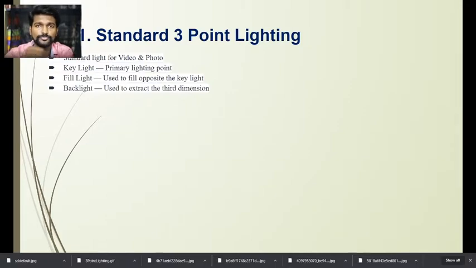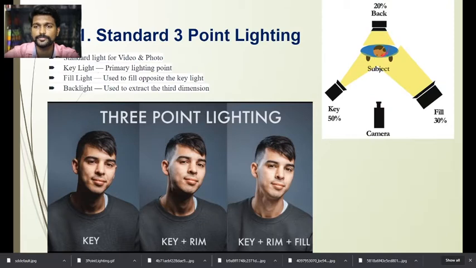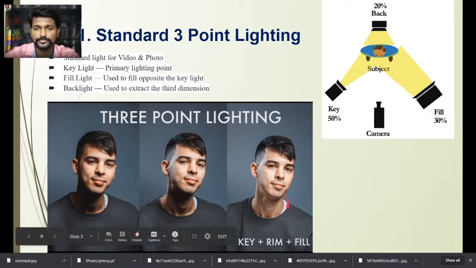Okay, I'll show you a few example images. This is the first image. You can see this is a key light. The key light is called the primary light, which comes with more output compared to the fill light. I'll show you one more example for explaining key light, fill light, and rim light. See here, this is the best example which you can understand very easily. This is a key light, whereas the key light is about 50%. This is the key light output, and this is the fill light at 30%. It fills the opposite side of the key light.